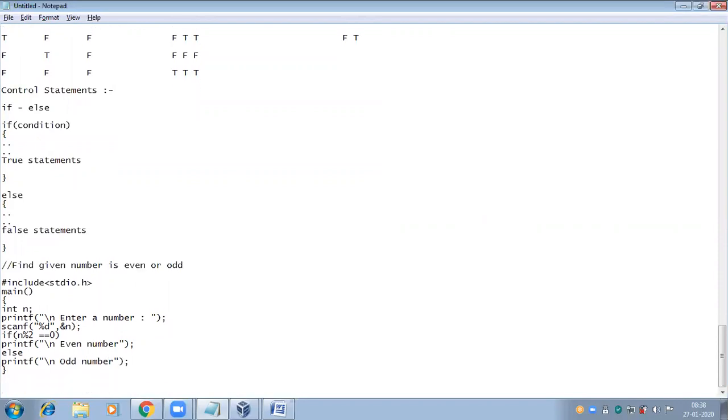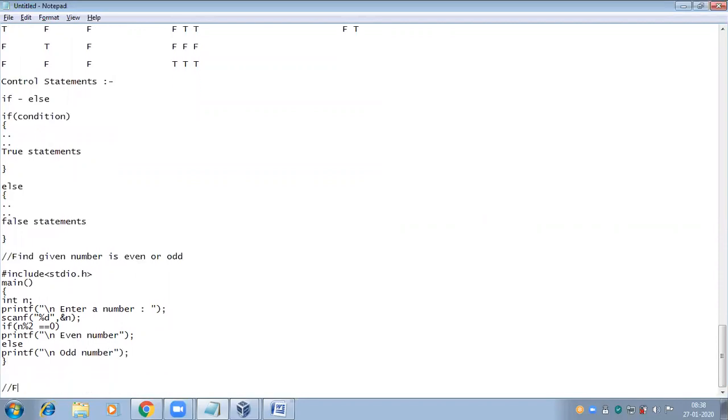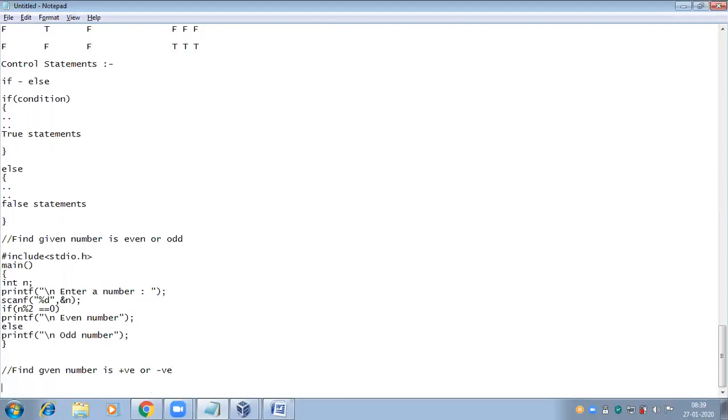Then close. The percent symbol is the modular division operator. When I divide the given number by 2, if the remainder is 0, then it is an even number. Otherwise, odd number.